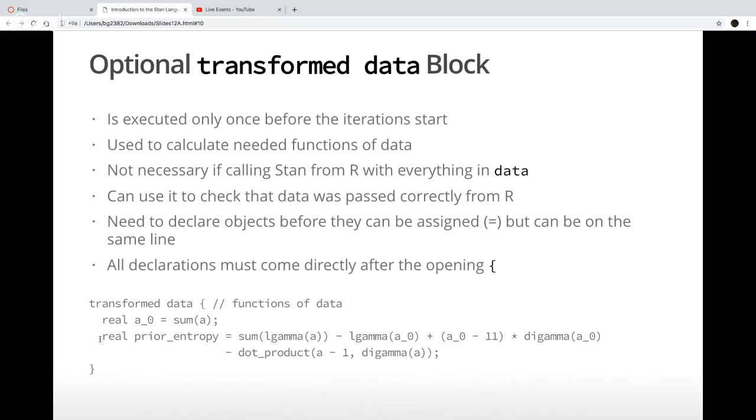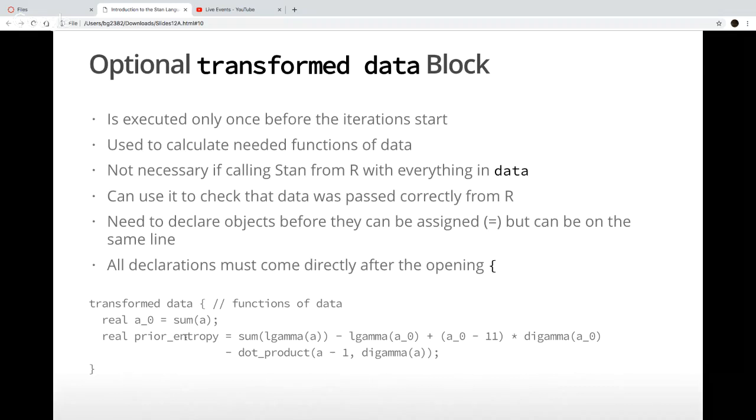So you can declare objects in the transformed data block and assign to them using the equality assignment operator. The declarations have to come before the definitions, but it can all be on the same line. However, all declarations have to come contiguous to the opening curly brace. So I can have a block like this called transformed data. I can declare a real scalar, which is the sum of the A's.